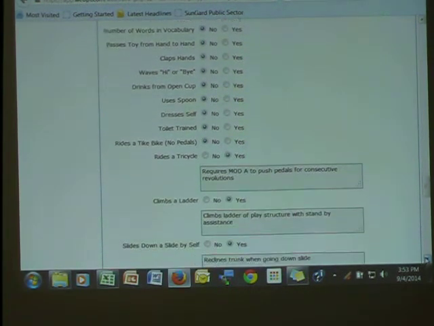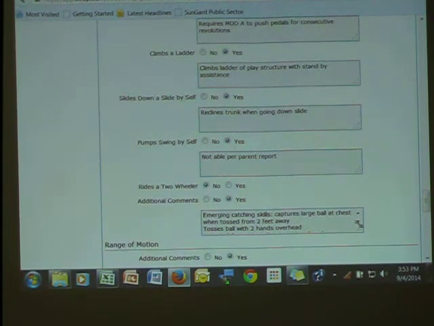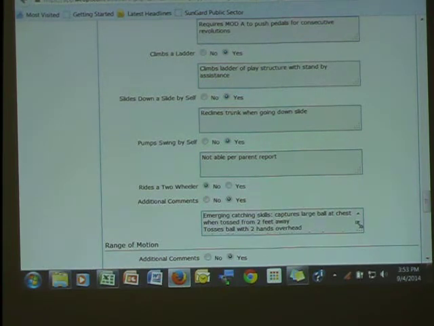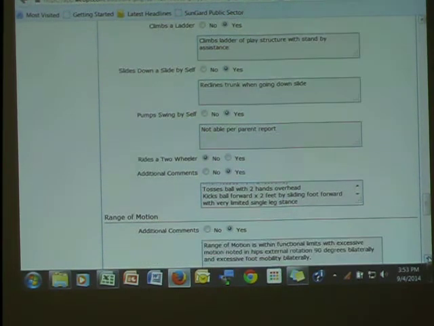So then when we get down to the bottom of the developmental skills, in the additional comments box, I would like for you to include the ball skills that there's nowhere to talk about anywhere else. So include tossing, catching, and kicking the ball, which I did in this section. Okay, so then moving on,